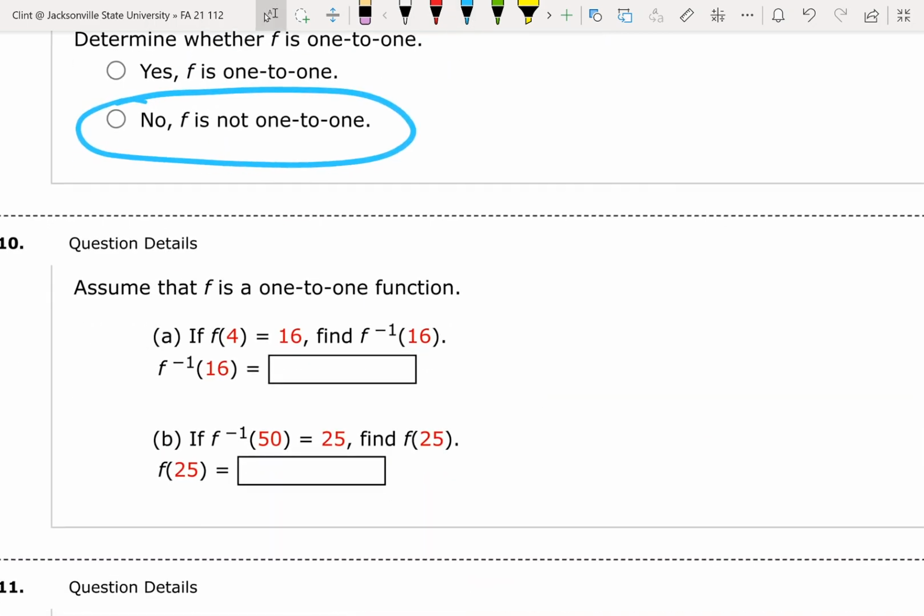Number 10 is assume that f is a 1-to-1 function. A says if f of 4 equals 16, what's f inverse of 16? Well, you just need to know the inverse function, switch the x and y. F inverse of 16 will be 4. B says if f inverse of 50 is 25, find f of 25. Well, let's just switch, so it'll be